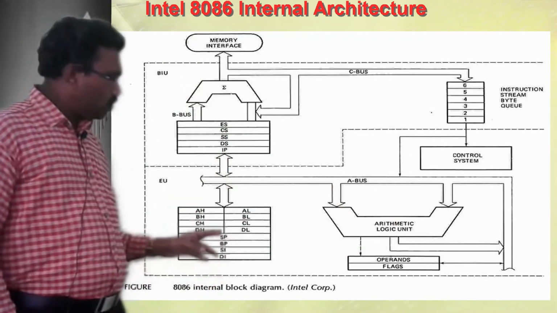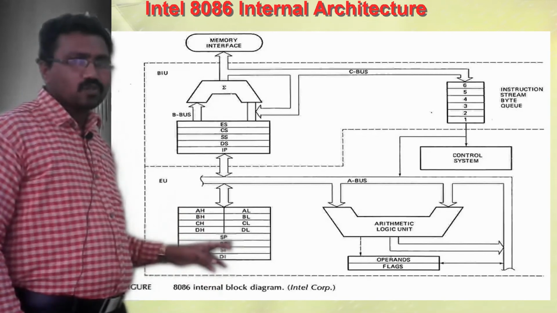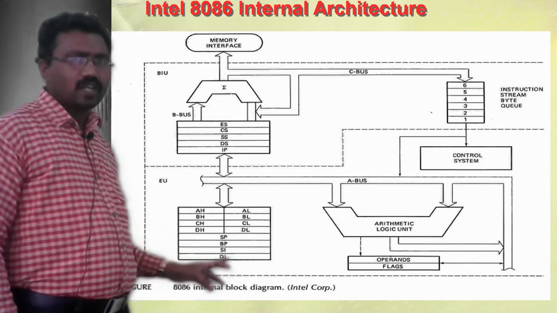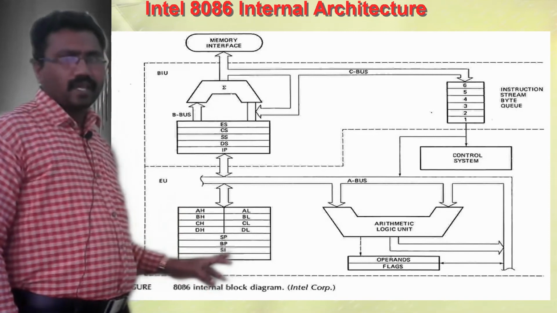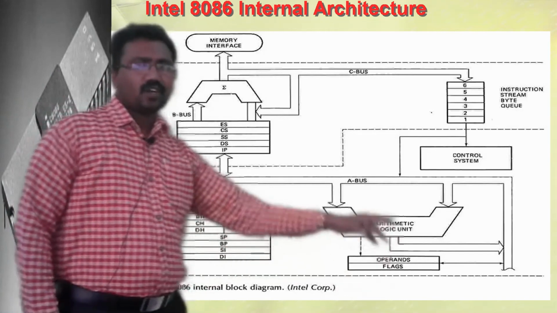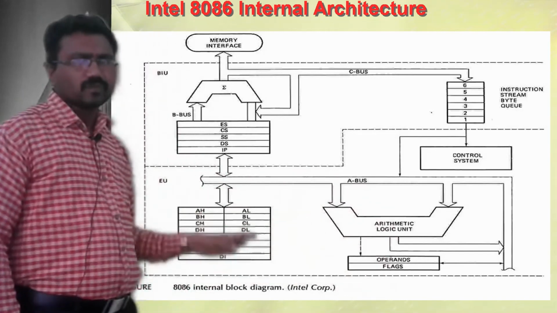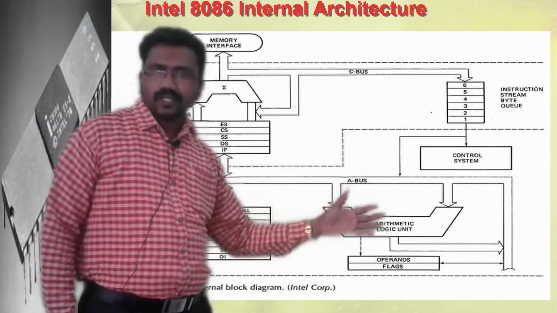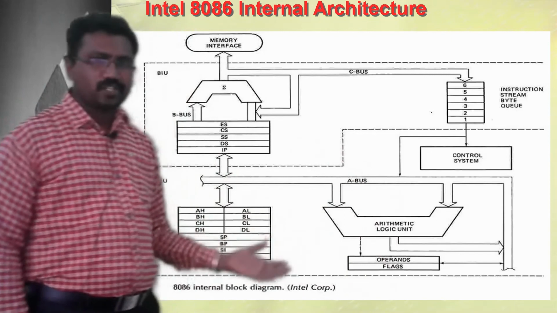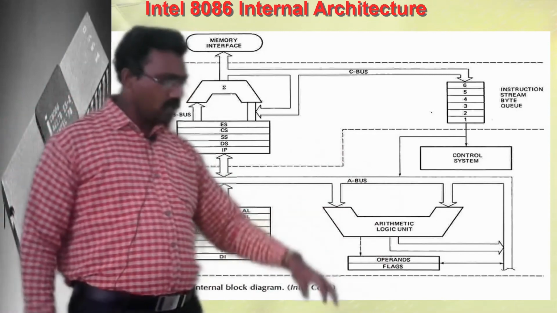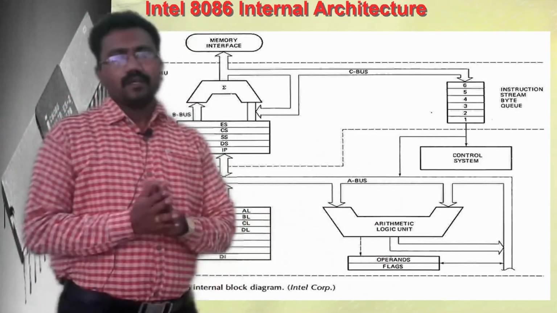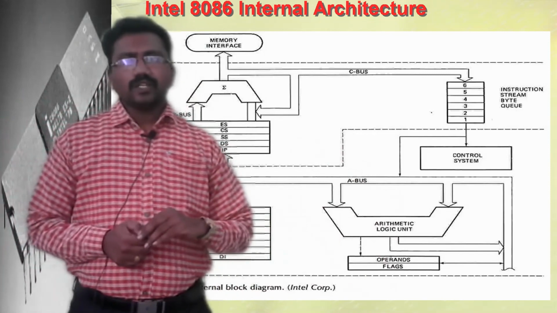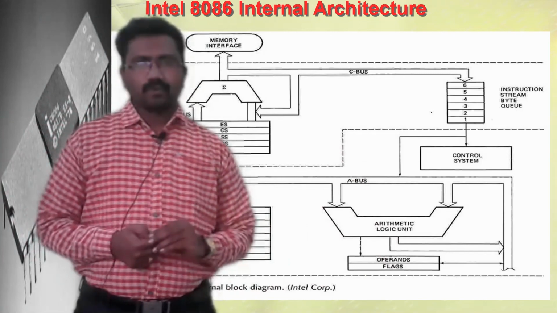And coming to one more category, pointer registers store the offset address of the memory segments, and index registers also hold the offset address. And the flag register. These are the components of the execution unit. What is the function of the execution unit? To generate the control signals, decode the instructions, and execute the instructions. These are the functions of the execution unit. Okay, that's about the architecture of the Intel 8086 microprocessor. Okay, thank you.